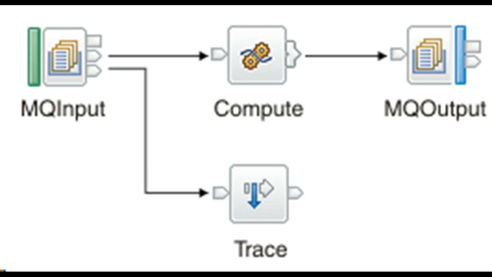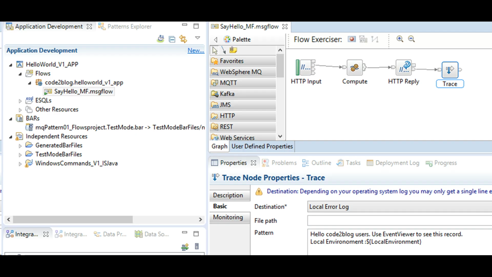The trace is available at the file level. So you have a service trace, user trace, and trace into a file, that is a user defined file. In these cases, let's say a developer uses the trace node within his flow in 2 or 3 places, and in case of an emergency, he will instruct the administrator team to switch on the trace.